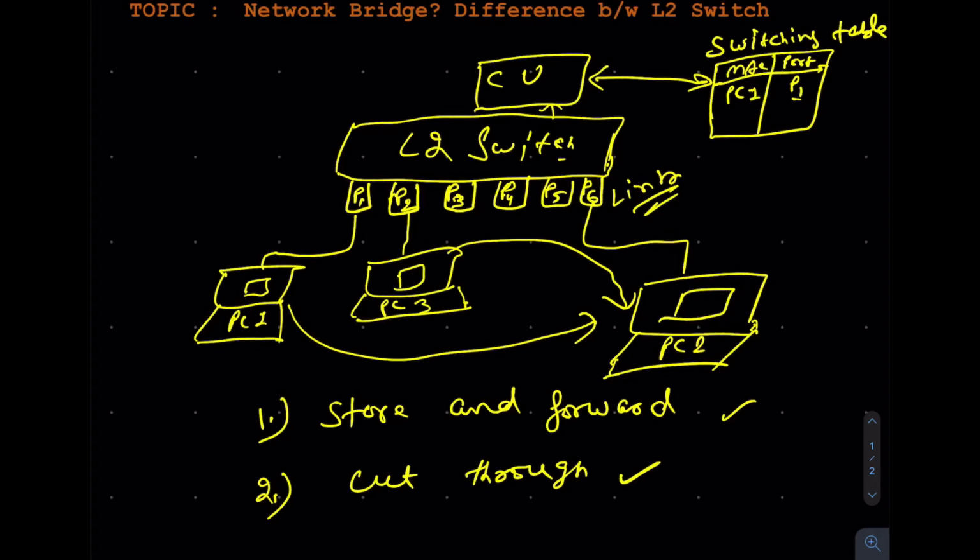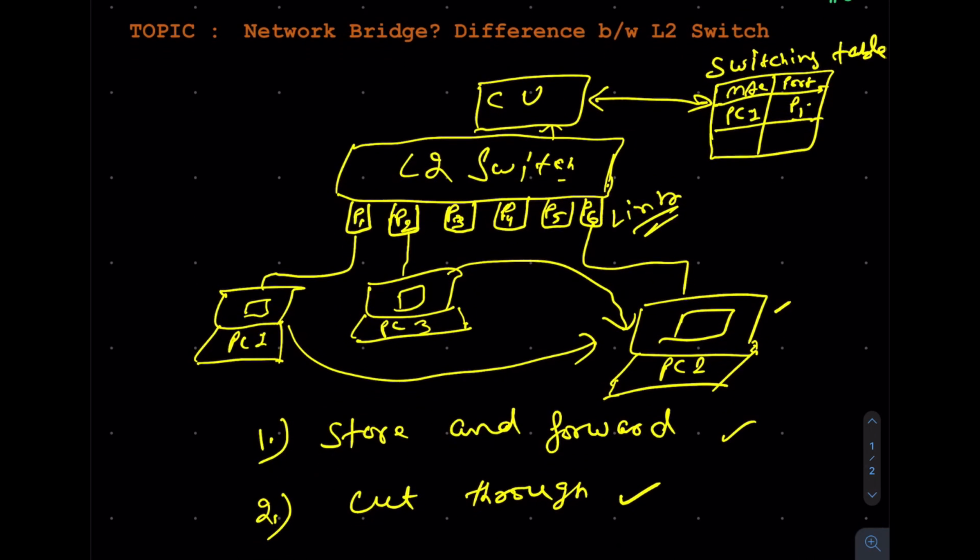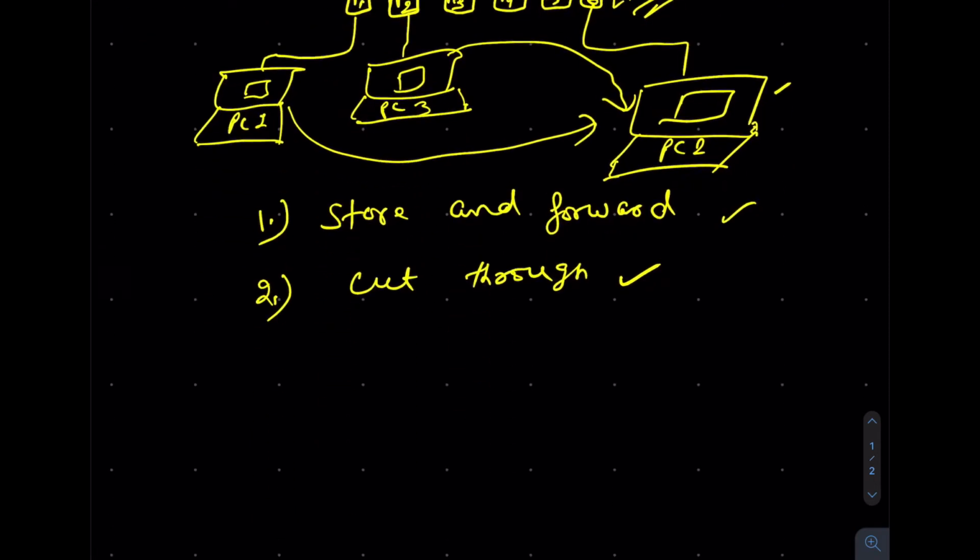Cut through is when the packets are coming, it immediately sends the packets as soon as it sees that the destination MAC address has been identified. It knows the destination MAC address and where the port is, so it will immediately send the packet. Collisions can happen here because multiple packets are sent to the same link. These are the basic two capabilities in the switch. This is what I wanted to show separately before jumping into the bridge, because we will relate some of this to the network bridge. Okay, let's start with the network bridge.